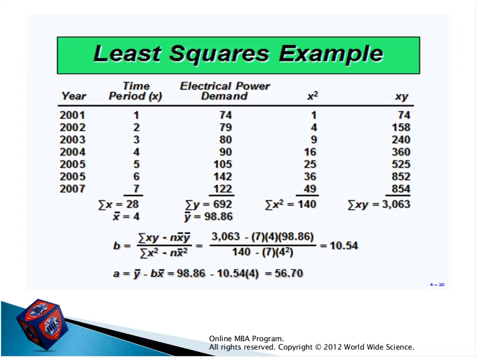For each period of time, it's better you allocate 1 until that period that you have historical data. 1, 2, 3, 4, 5, 6, 7. Now, when you add up these numbers, sigma x equals 28. Sigma x means 1 plus 2 plus 3 plus 4 plus 5 plus 6 plus 7. It produces 28.